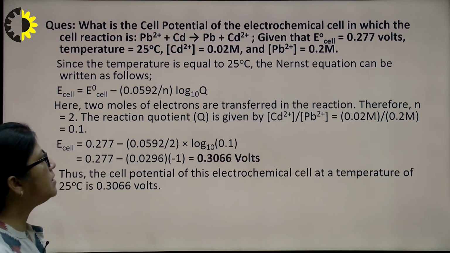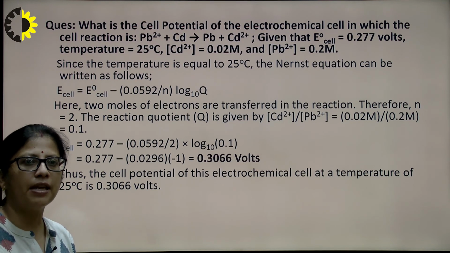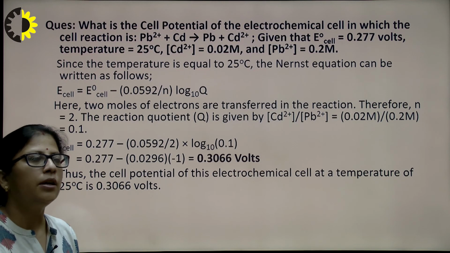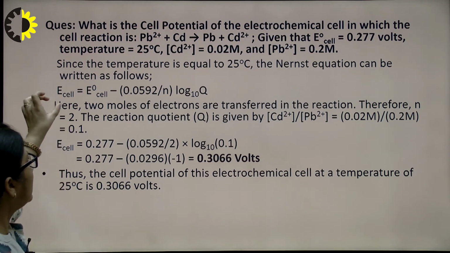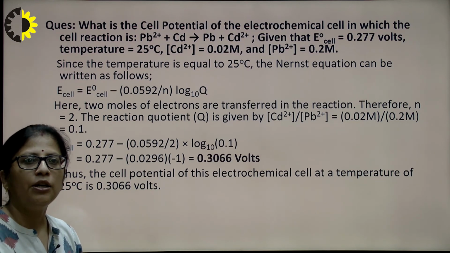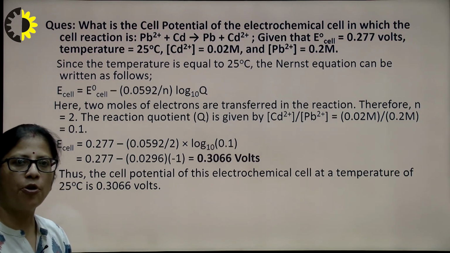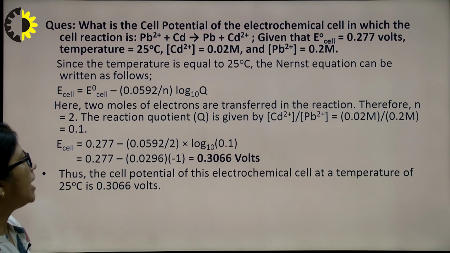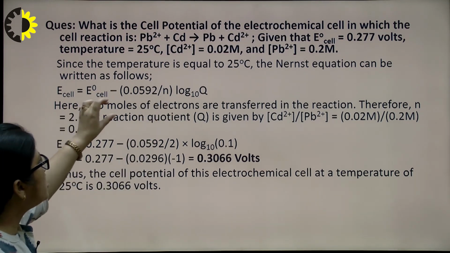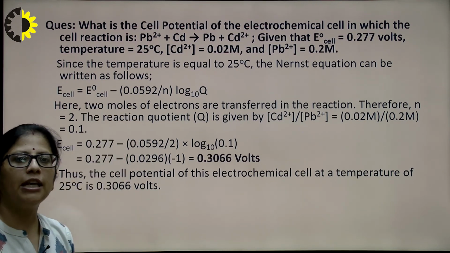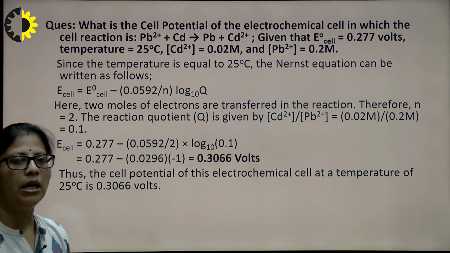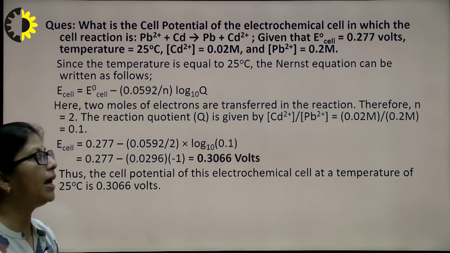Now, since the temperature is 25 degrees centigrade, we can reduce the Nernst equation to E cell is equal to E naught cell minus 0.0592 divided by number of electrons log 10 Q. Here the 2 moles of electrons are transferred in the reaction. Therefore, number of electrons will be 2. The reaction quotient is given by, now since